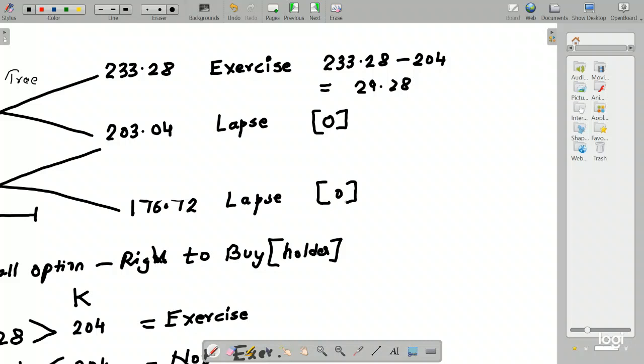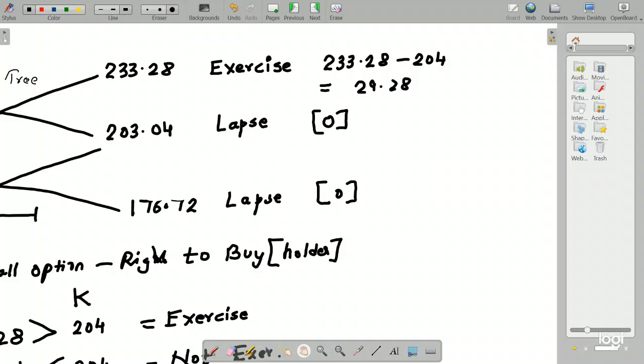So I'll again recap. The first one, write down the given information. Second one, draw your binomial tree. Third one, take your decision on whether you are supposed to exercise or not. Fourth one, if you decided to exercise, what is your payoff? In this one, we are almost done with the fourth step. We are now going to move on to the fifth part.